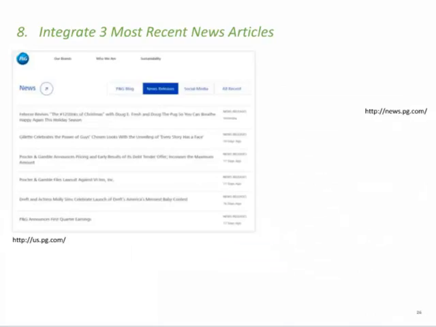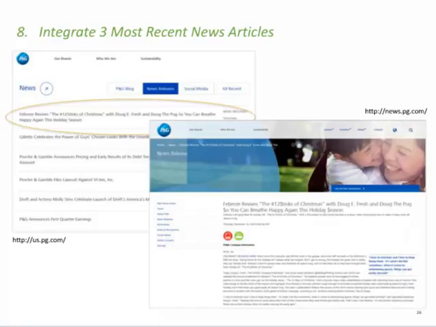Somebody who really gets it is Procter & Gamble. Not only do they pull in their press releases from news.pg.com onto us.pg.com, their main site, they also pull in social media and blog posts and things like that. So they understand the importance of having that content easily accessible